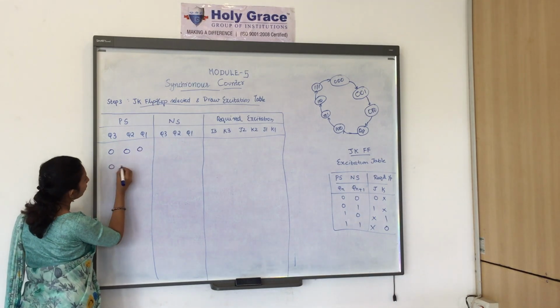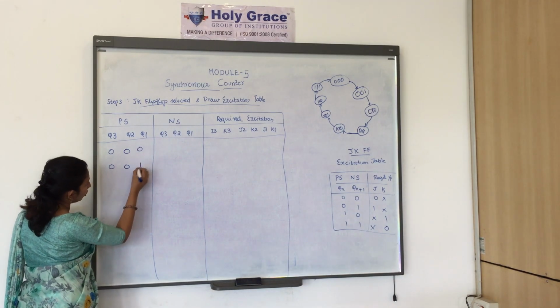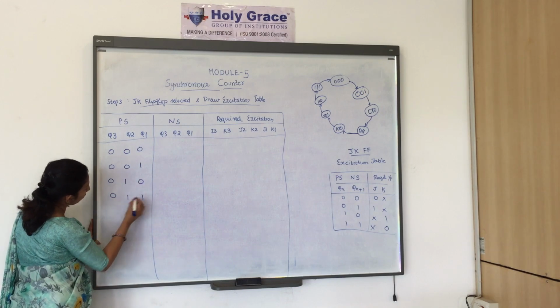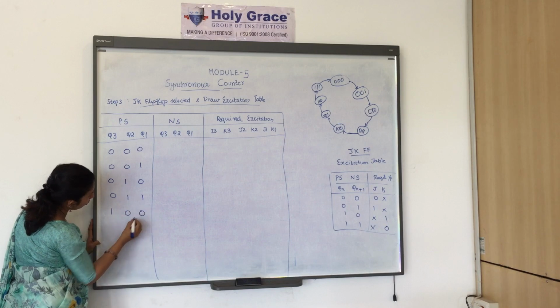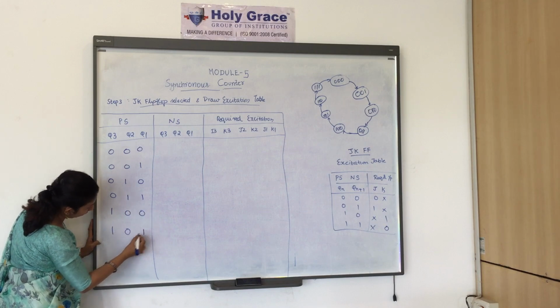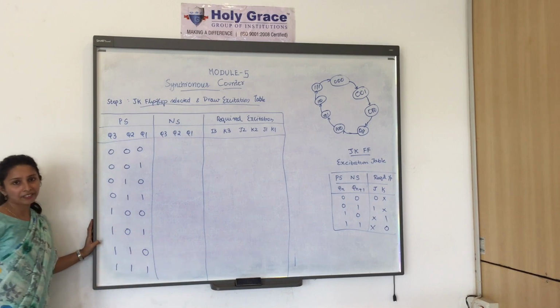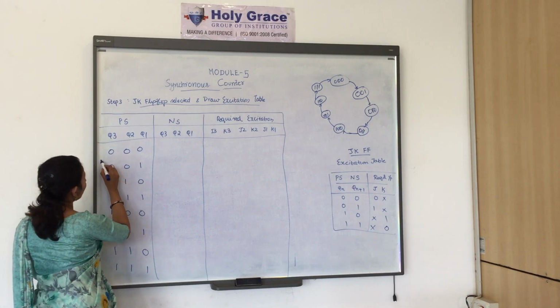I am going to write down here 000, 001, 010, 011, 100, 101, 110, 111. I have written every state. Now,